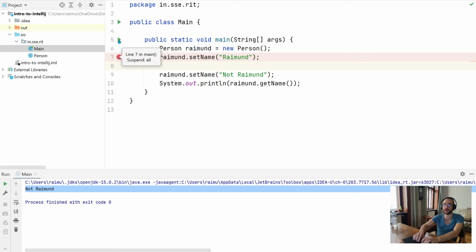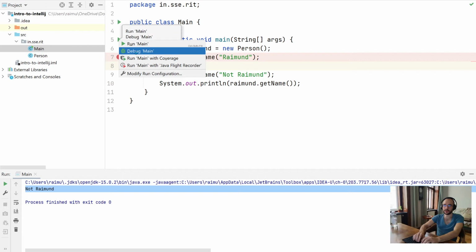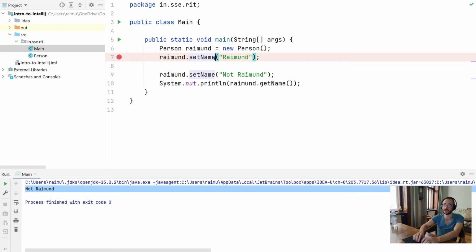So if you run the program not using the play icon, run main, but instead using this bug icon, the icon that looks like a bug where it says debug main, for example, then the